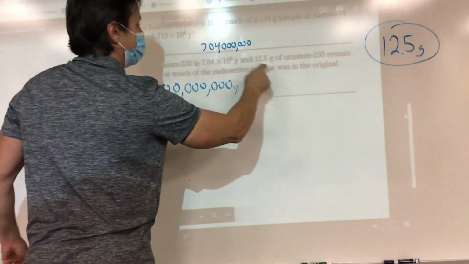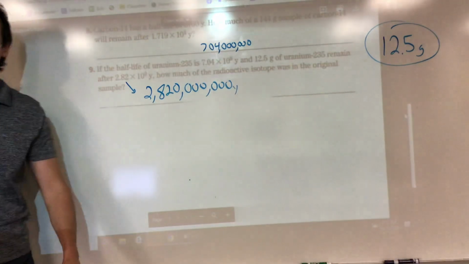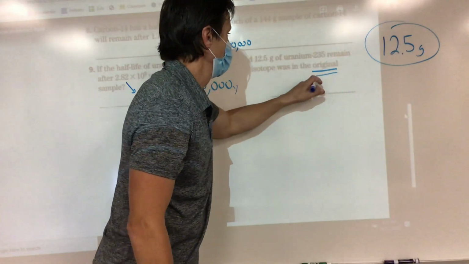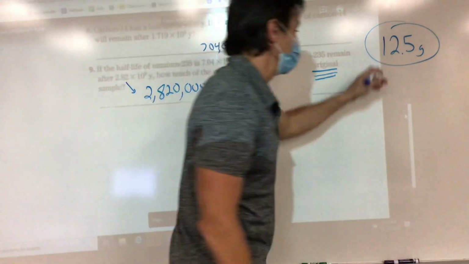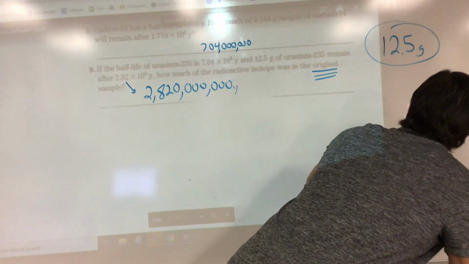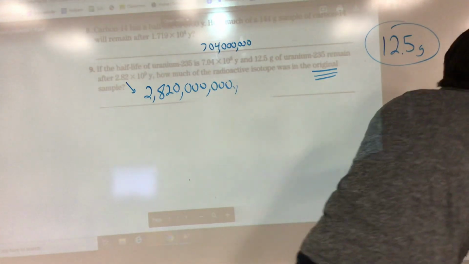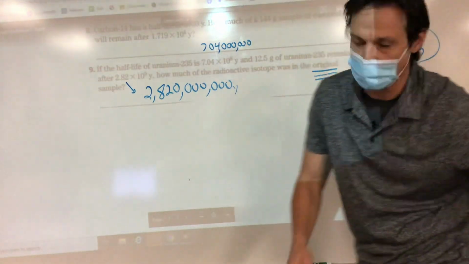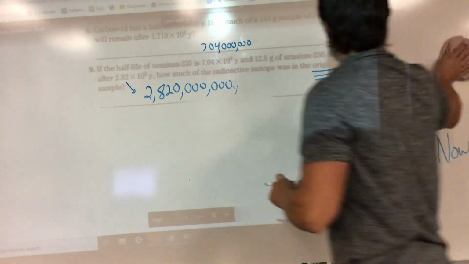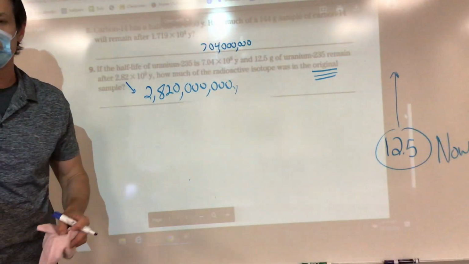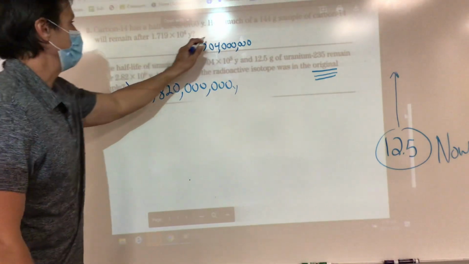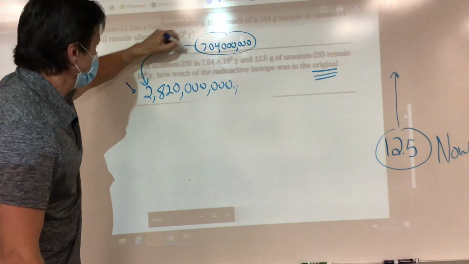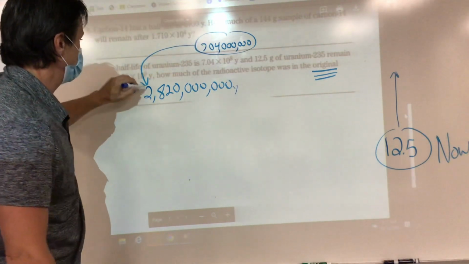How much of the radioactive isotope was in its original sample? So I finally threw you a curveball with this one. How much was in the original? So, what this is saying is, I have 12.5 grams now. It wants to know, what was it before it was at 12.5 grams? So this is one of the few where, instead of dividing, I'm going to times, once I figure out how many half-lives. So if this is the half-life, everybody, and this is the total time, everybody, I divide this into this,